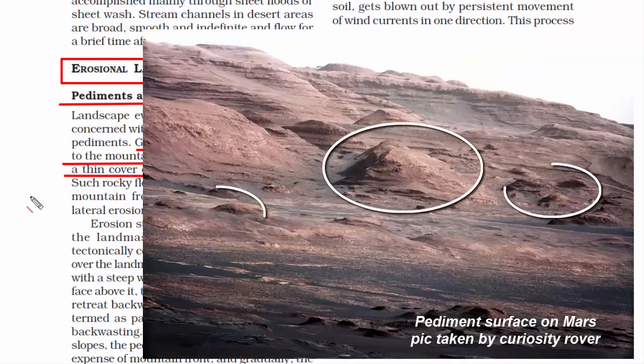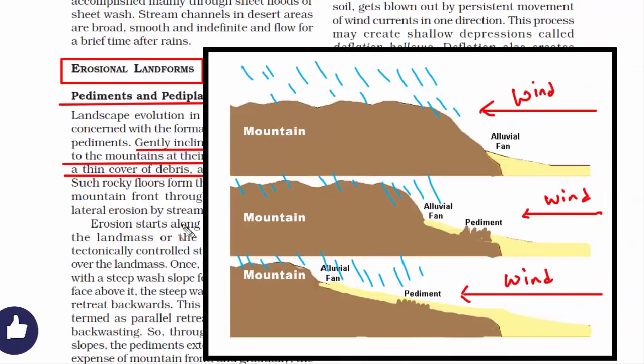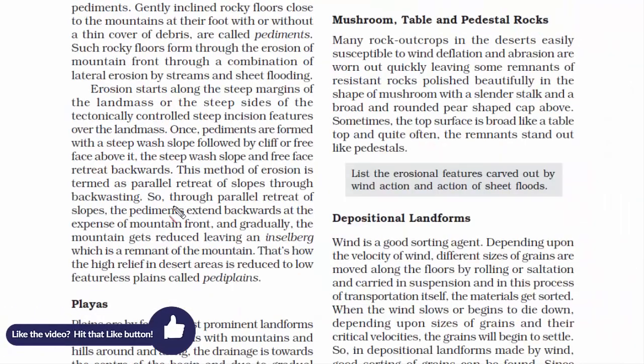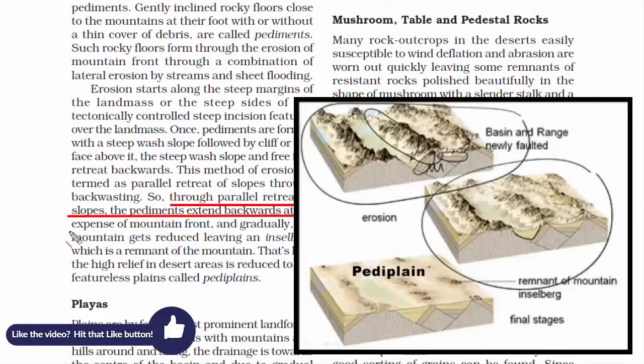They are usually found at the foot of the mountain. They are very much attached to the bedrock. That's why mountains get eroded, but these pediments are visible. Now pediplain on the other hand is an eroded plain that has formed when mountains were leveled by wind and